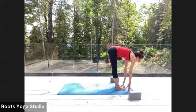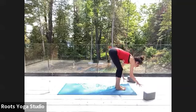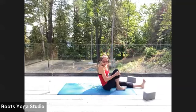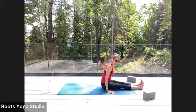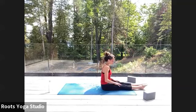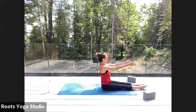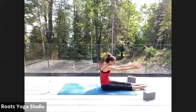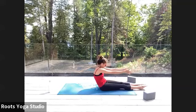Breathe in. We'll sit down, bend your knees, and sit down however you like. Extend both of your legs forward. Point your feet, reach your arms forward, shoulder height. Take a deep breath. Contract the belly, round your spine as you exhale, coming down to lie on your back